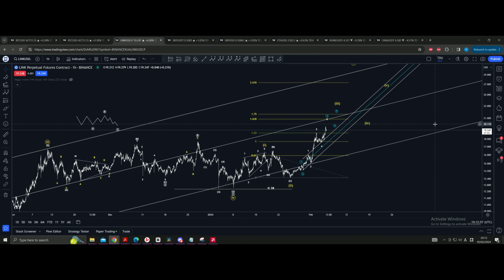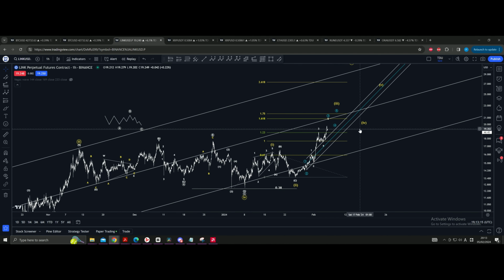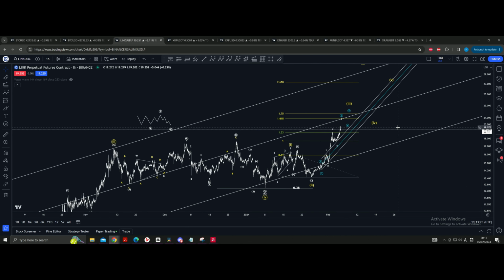Anyway, $20 would be a psychological number for people to sell, but honestly I think somewhere there it's going to be only the wave 3, and then we're going to have a 4 and a 5 hopefully in the making. Currently looks like the wave 3 is extended, so we might expect equality in the size of a wave 1 and 5. It lands somewhere there. Okay,